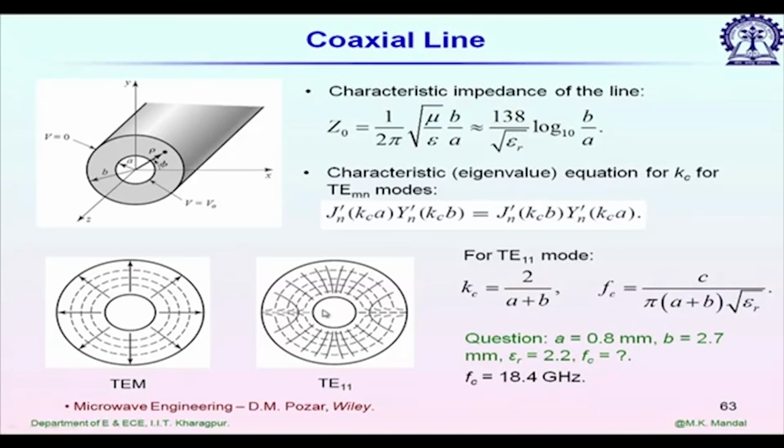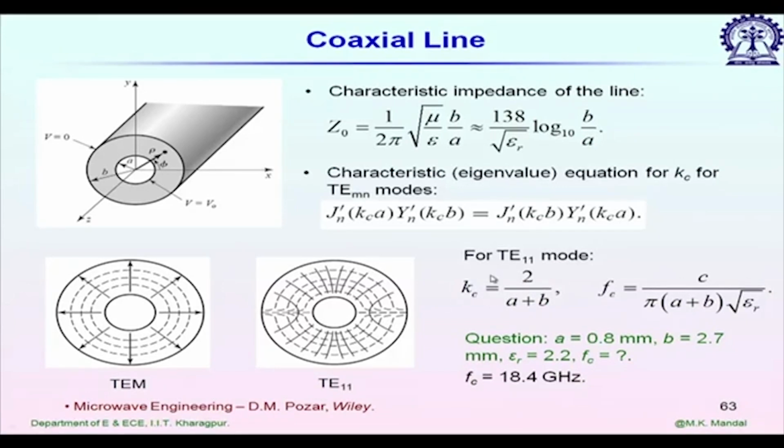We have to avoid this TE11 mode excitation for monomode operation, because TEM is the desired mode, and we do not want any other mode to be excited inside. Since the cutoff frequency for TE11 mode is lowest, we will consider the cutoff frequency of TE11 as the highest frequency of operation for any given coaxial cable,